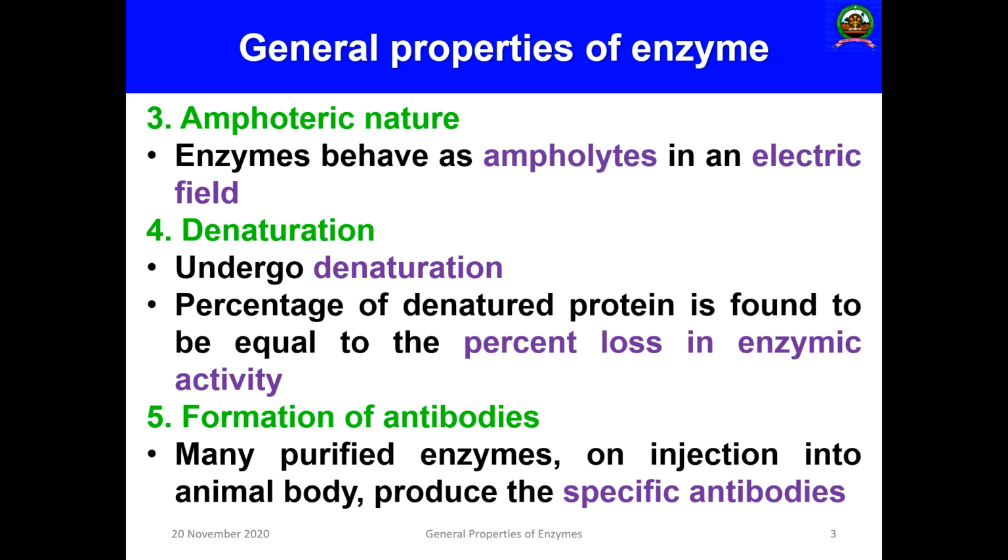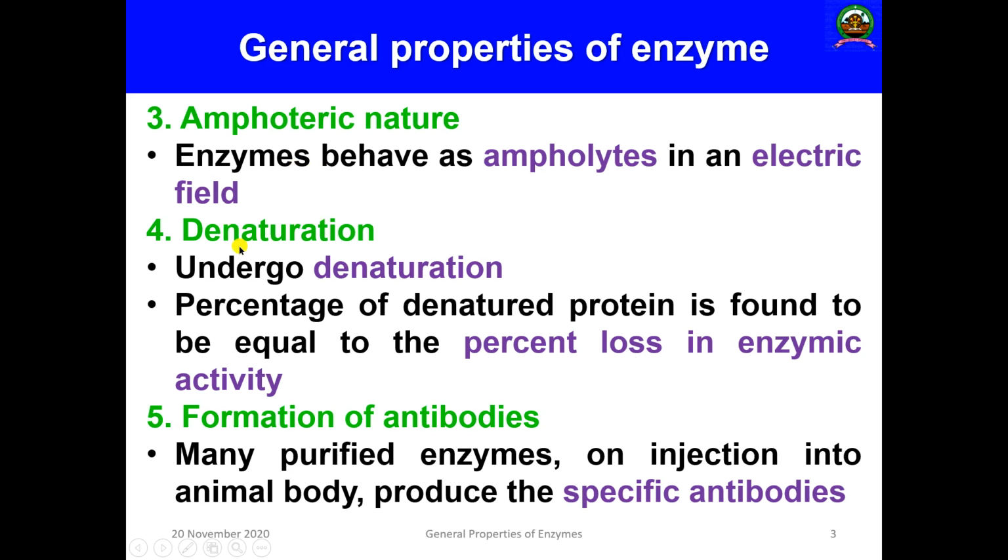Amino acids are the basic building blocks of proteins. The amino acid has both an amino terminal end and a carboxy terminal end. One end is acidic and the other end is basic. In appropriate conditions, they can exist in an ionic form, that is a zwitterion, under the influence of an electric field. That is why it is known as amphoteric nature.